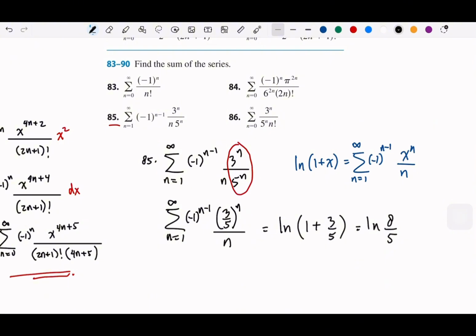By the same method, but a different reference, number 86, if you see, it has the factorial. And the one that has factorial, with the same pattern like this, is the exponent. So we get that 86 can also be done. This can be done by taking the sum, and this is basically e to the power of 3/5. So e to the x is